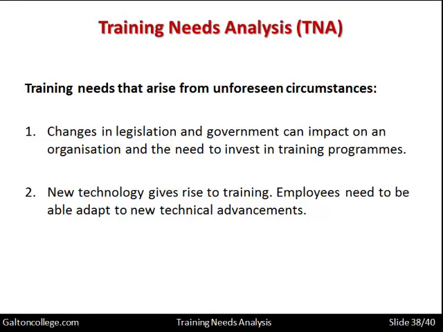Of course, new technology gives rise to training. Employees need to be adept in the use of new technology. They need to be adept in the use of all of the functions of the new technology to ensure that they exploit all its possibilities and they are most efficient. And to do that, they need to be trained. People are not born with these innate abilities. These are abilities that are trained, and the company needs to train its workers